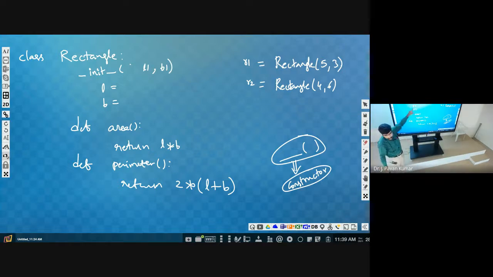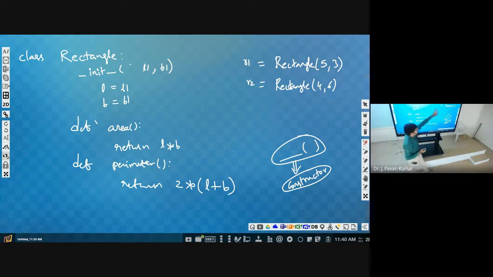The value 5 we are passing will be copied to L1, and 3 will be copied to B1. But these values we have to assign to L and B. So L is equal to L1, B is equal to B1. Understand? It is just like a function.